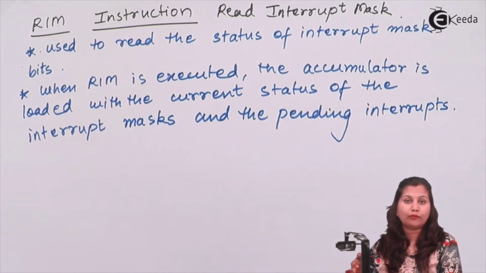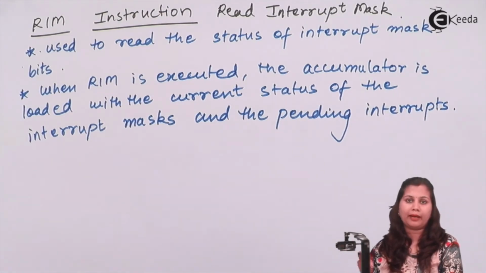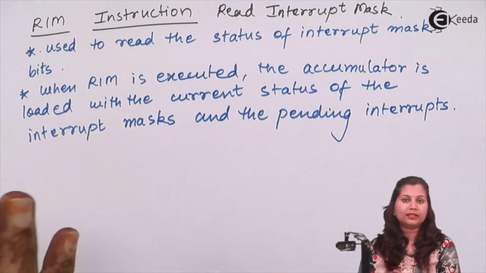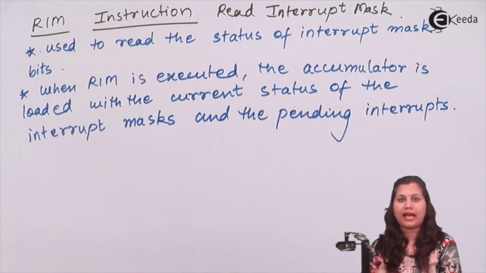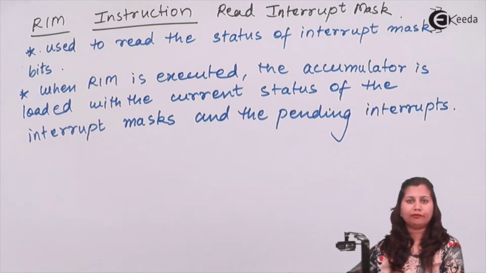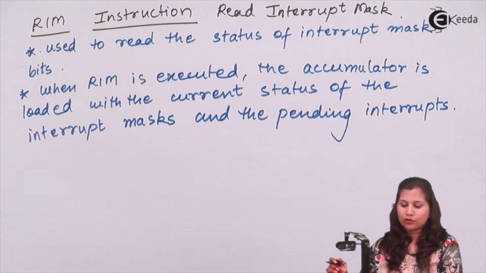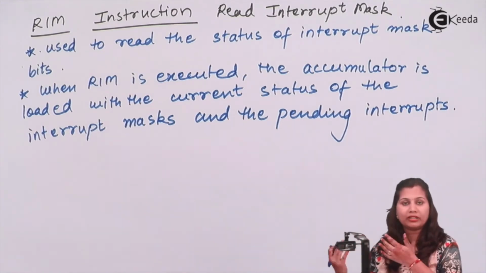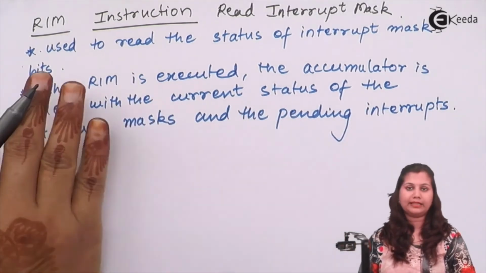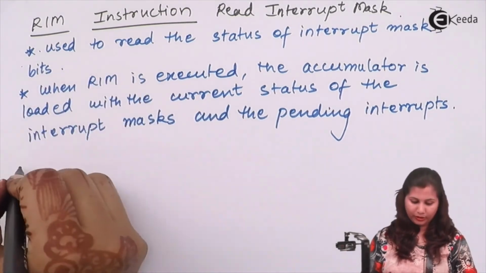Now when 4-5 interrupts are given, the microprocessor will execute them according to their priority. Suppose the interrupt which has priority at the second number is being executed, and the third and fourth interrupts are pending. So how many interrupts are pending and what these interrupts are, this information is provided by this RIM instruction. Okay,